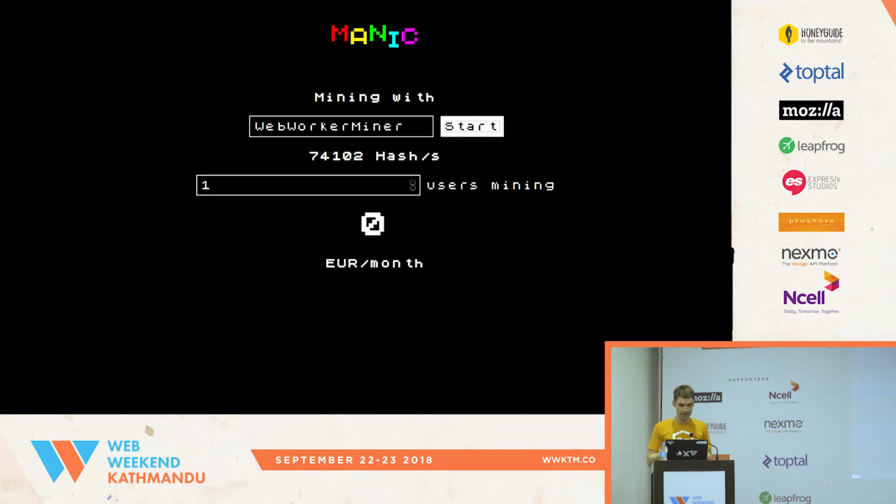By the way, I found a nice thing when doing that. If you never ran heavy tasks on web workers, it might be a new thing for you. There is navigator.hardwareConcurrency in JavaScript, window.navigator, which tells you how many cores are available now for doing some job. So I'm using this to check how many cores I can use for mining.